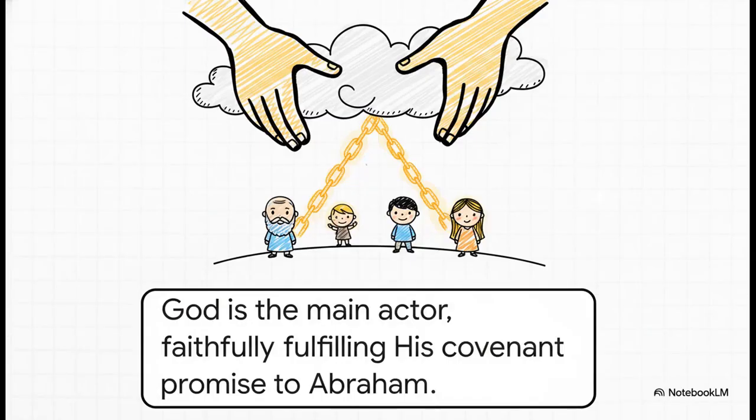So, one last time, let's look at Genesis 24. But through this lens, the story totally transforms. It's not primarily a how-to guide for finding a spouse. No, it's about God. God is the main actor here, faithfully keeping His promise to Abraham. Getting a wife for Isaac was an absolutely critical step in that promise, the one that would lead to a lineage that blessed the world.